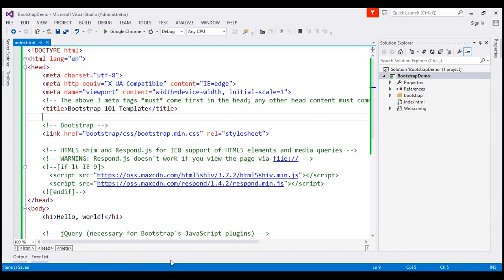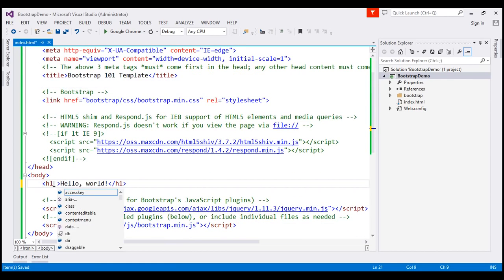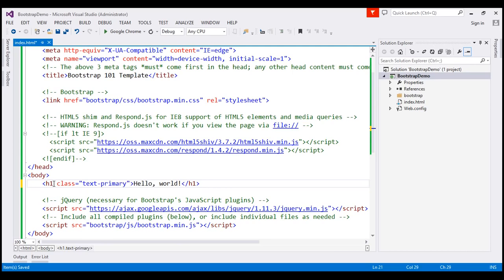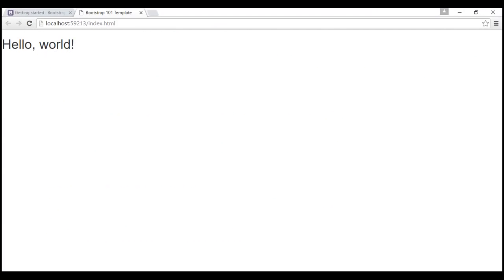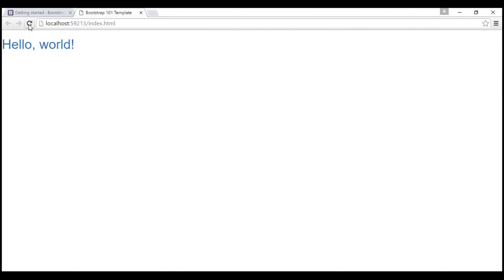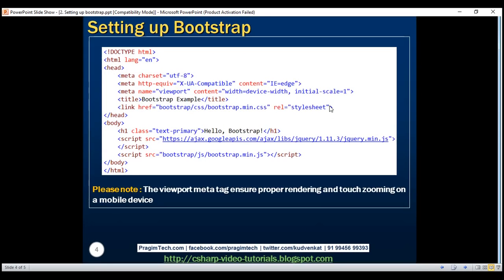Now I'm going to apply one of the Bootstrap CSS classes to this h1 element. So I'm going to set the class attribute, and I'm going to set this to text-primary. Let's save our changes, and let's reload the page. Look at that, the text-primary CSS class is applied to the h1 element. Let's change this to, for example, text-danger, and see how it looks. Look at that, now the color changes. So we have wired up everything that is required to use Bootstrap with our web